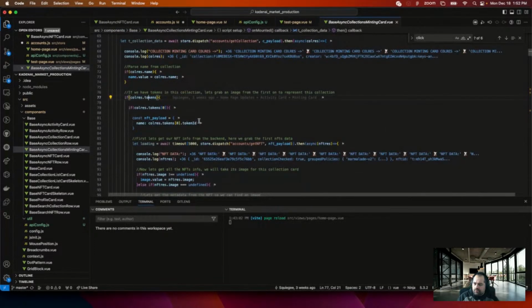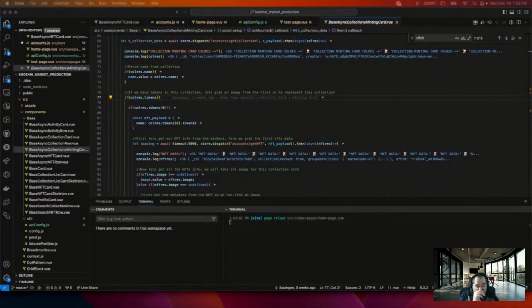Tokens. Yeah, I think I'm gonna wait for this one. It's a lot of changes. Hey Tori. It's alright, my internet's fast, so I'll make up for it. No problem.